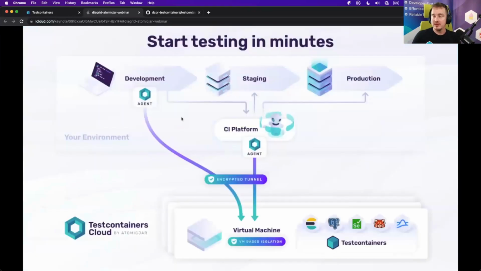I would recommend, if you want to try it, you can look at Testcontainers Cloud, which is the cloud service by AtomicJar. You can just go to that and start the free trial. It gives you a 100% compatible way of running your Docker environment in your development and into your CI platforms, because the actual containers are going to run in the cloud environment remotely, and the tests